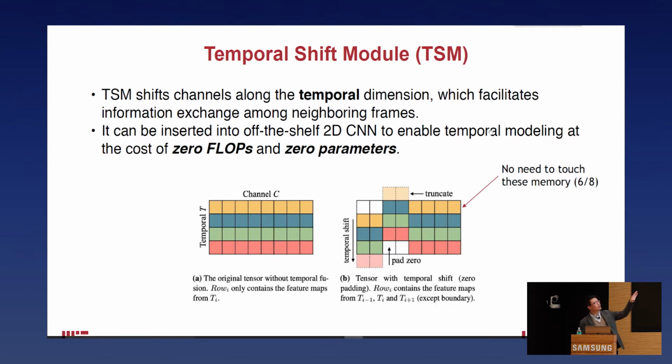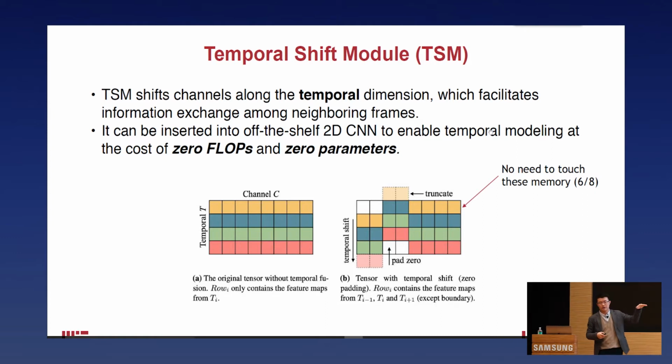So TSM can shift part of the channels in the temporal dimension, which facilitates the information exchange among neighboring frames. So you want to see the entire video frames rather than just one or two video frames. The way we do that is, for example, in this example, we have the temporal dimension on the vertical side, the channel dimension on the horizontal side, and XY dimension in each small block. And what TSM does is basically we shift part of the channels to the bottom, and shift part of the channels